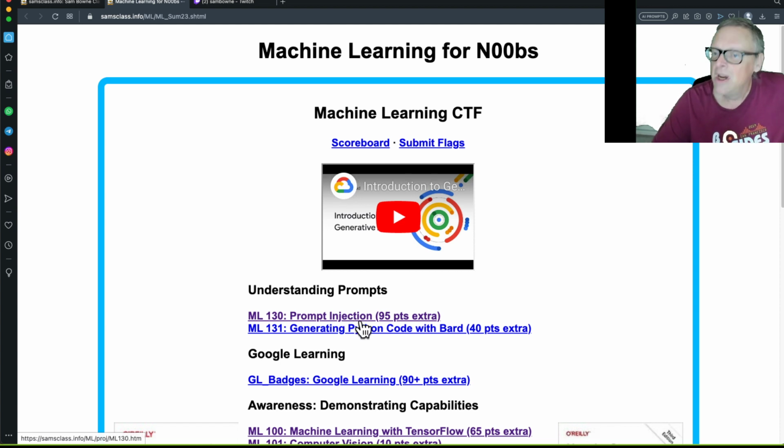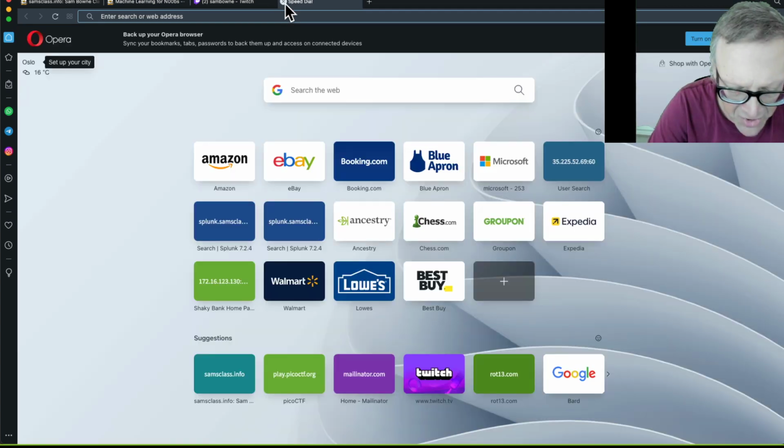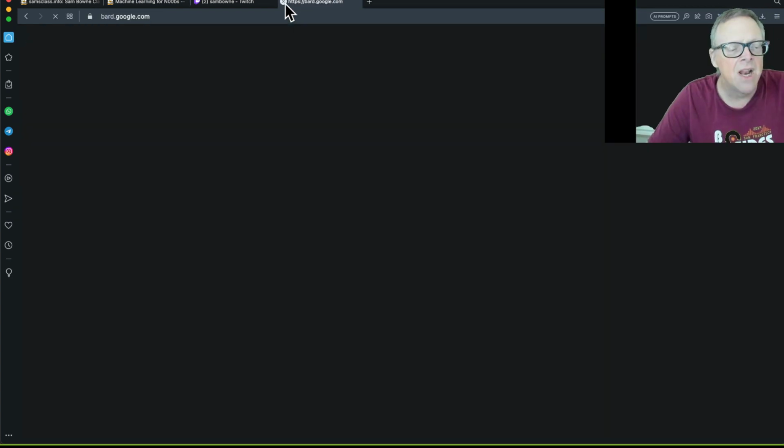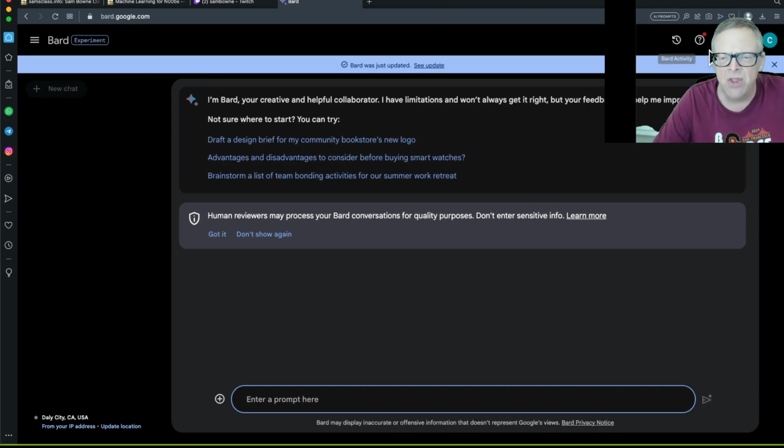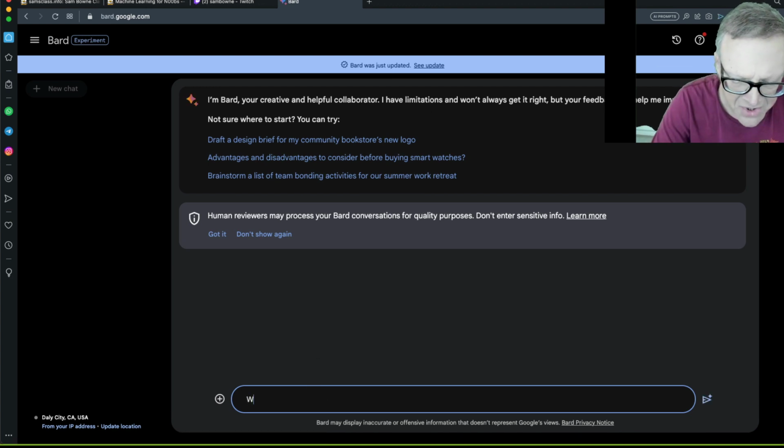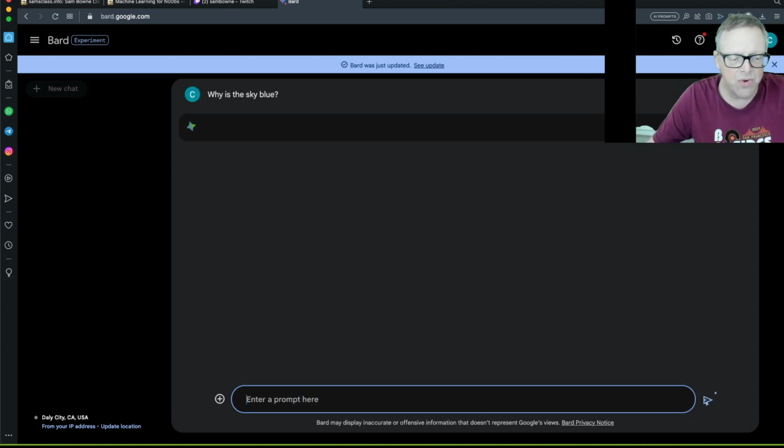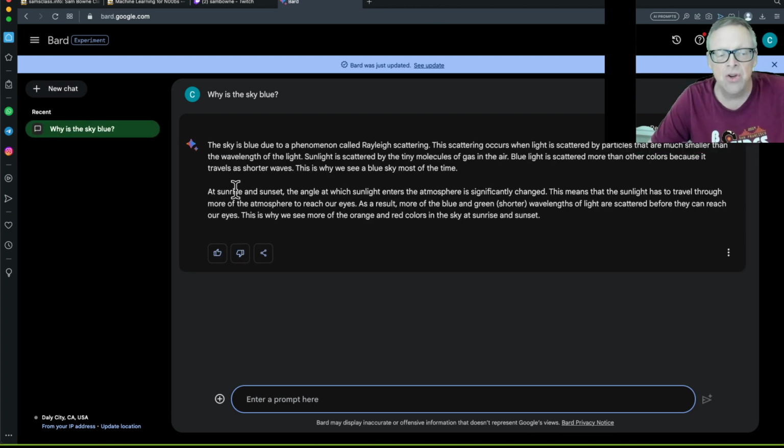As we all know, machine learning lets you ask questions in a chat interface. Let me get Bard open here. Bard is Google's machine learning system, and I like it because you don't have to log in with anything more than a Google account. So you can ask a question like, why is the sky blue? And instead of Google, which would give you links to pages telling you why the sky is blue, this summarizes that. It looks up those pages.